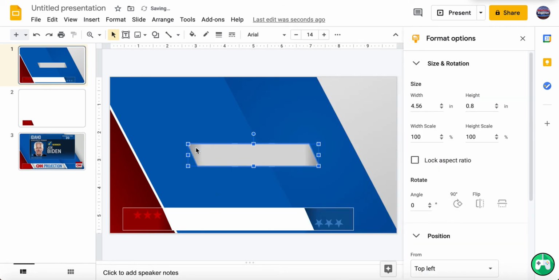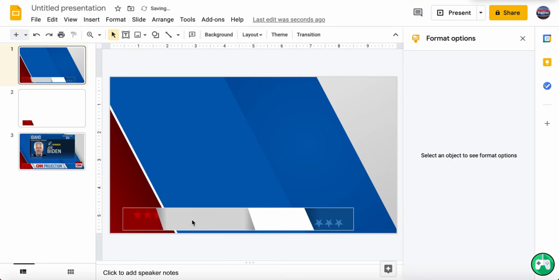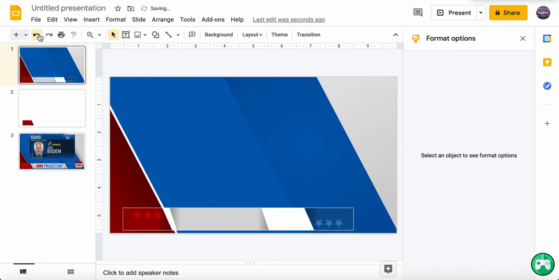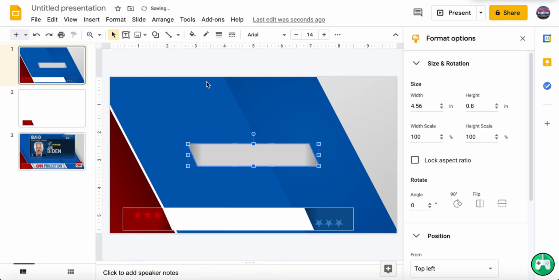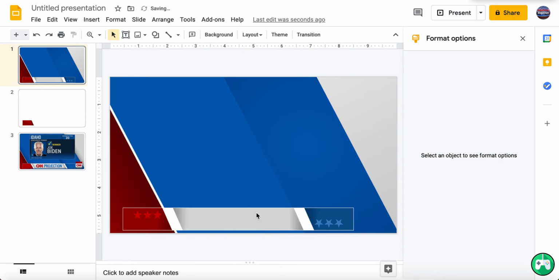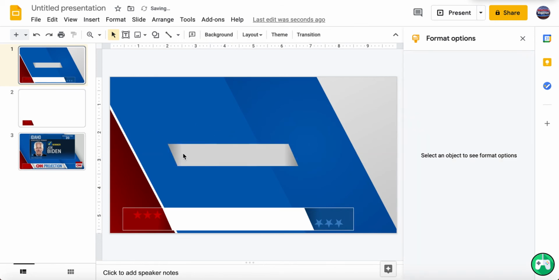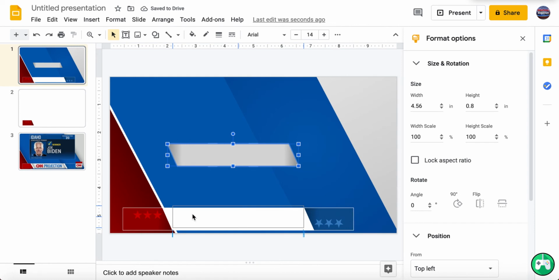By the way, the reason you can't just change the size of these is because it'll actually change the angle that they're at, and that'll look really weird. See, that's like looking like that now. So you want to keep the angle the same. So you just want to change the size of the thing that goes in the middle. Okay, yeah, we could make that a little bit bigger. So let's go bring it out to like that much bigger. Try to center that. Now let's go throw that in there again.